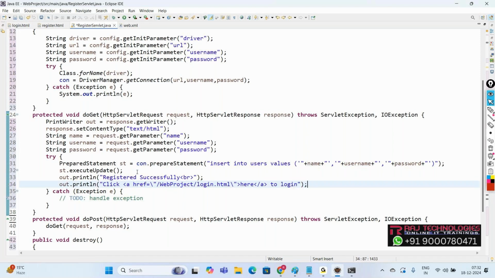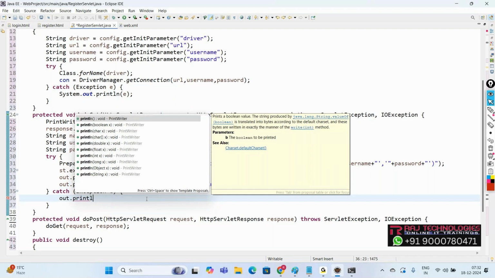So this "here" will become a hyperlink. When you click on this, which page do we have to connect to? Login.html, present in the web project. Right? Then in the catch block, just display out.println